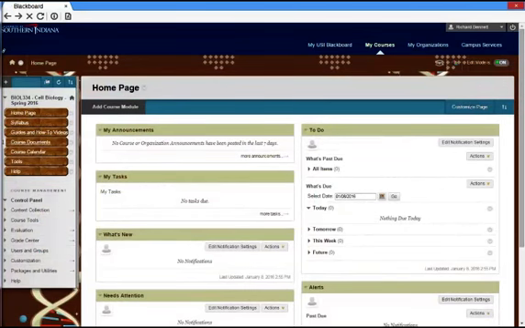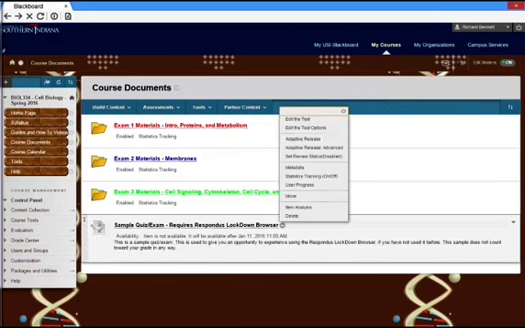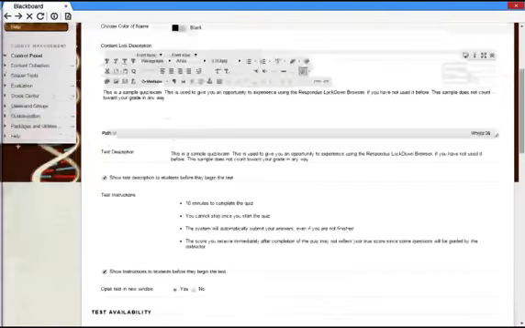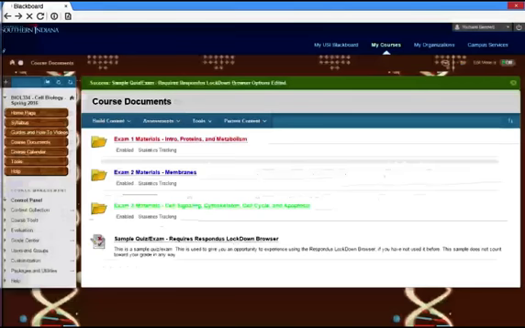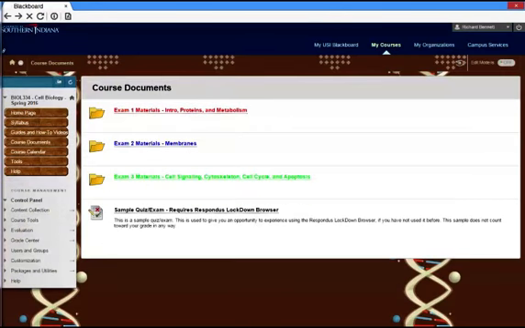For this one, we're going to go to course documents, and we're going to, I forgot to make this available. So you will see something that looks kind of like this, and you'll click on the link to the quiz